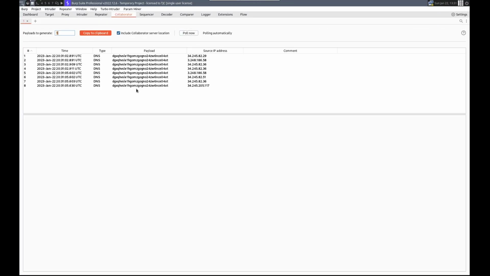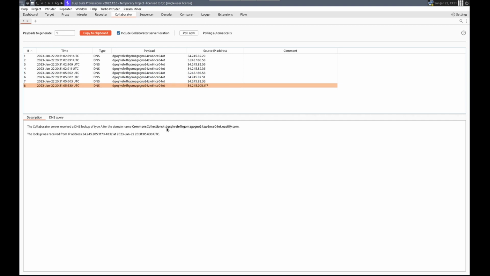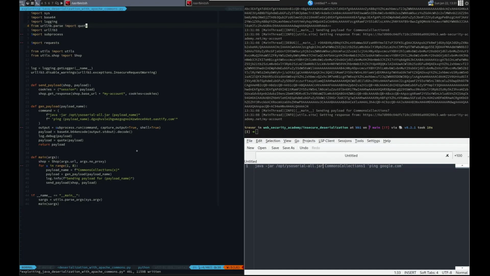Collaborator. Oh, yes. Sweet. We got a few hits. Let's see, Commons Collections 2, 2, 2, 2, 4, 4, 4, and 4. So 2 and 4. Awesome. That's very freaking sweet. So now that we have that, we can do, let's move this stuff into another